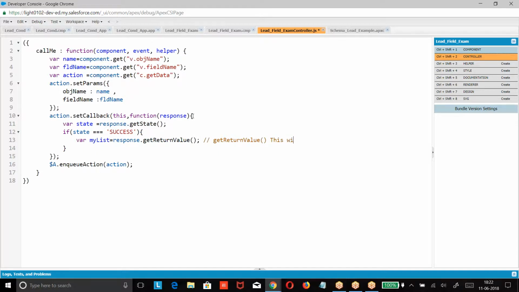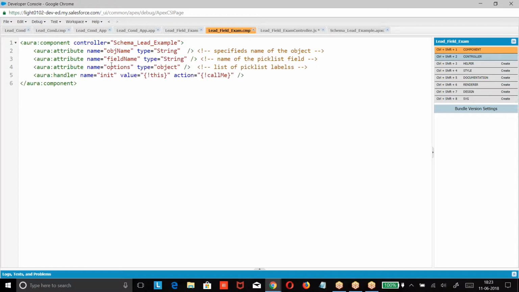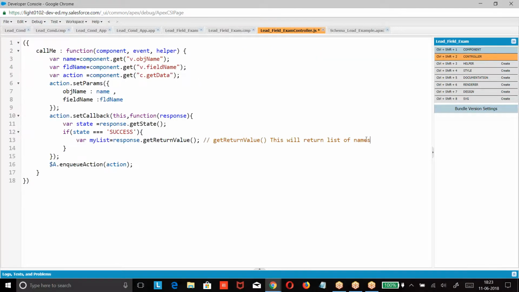This will return list of, right boss? When you call the method, response will return the value that was returned by the method. Then what should I do? Whatever the names you are getting, that name should be set to options. So how do you set it to options?